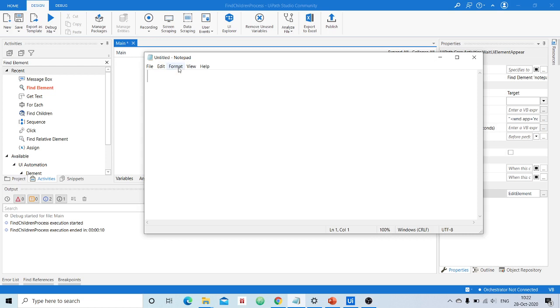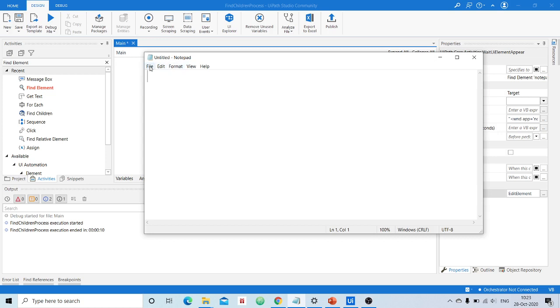Let us assume that we need this, but we don't have any pointer or selector to directly select it, but we have a selector to select this. Then using this you find this. This is what relative element means. Now we are using this found element to find a relative element. Relative is nothing but the element which is near to it.